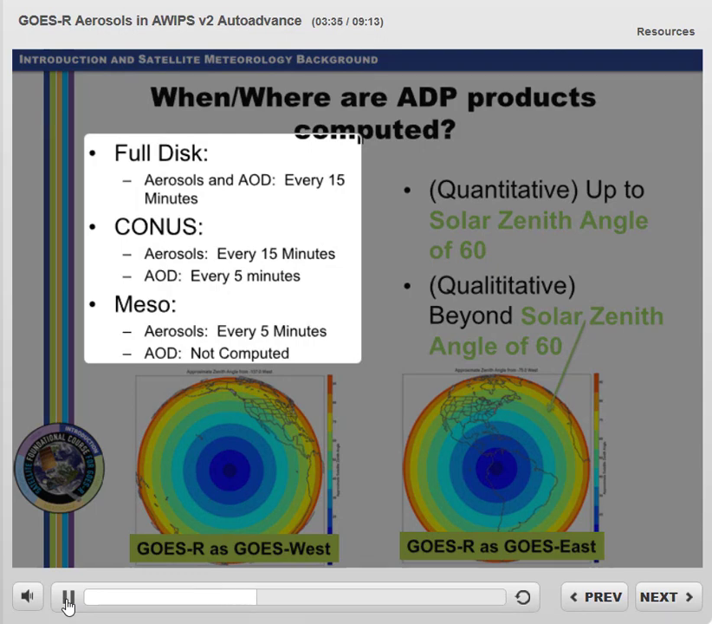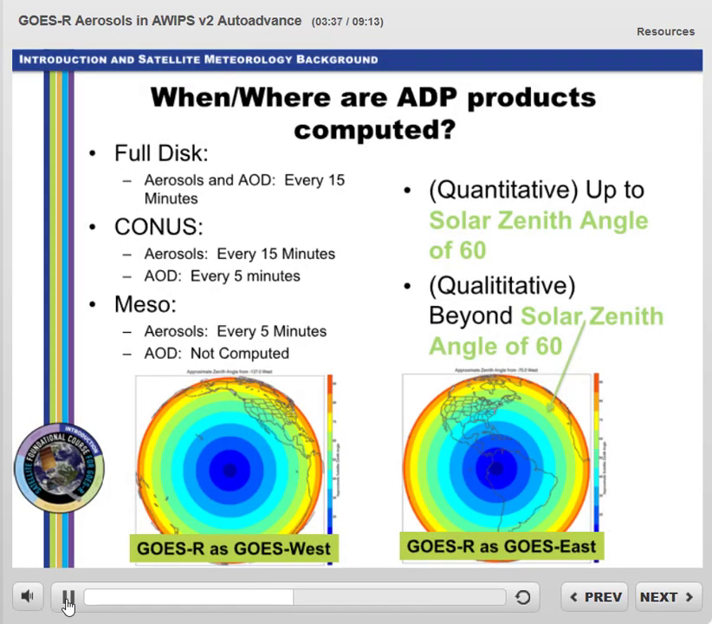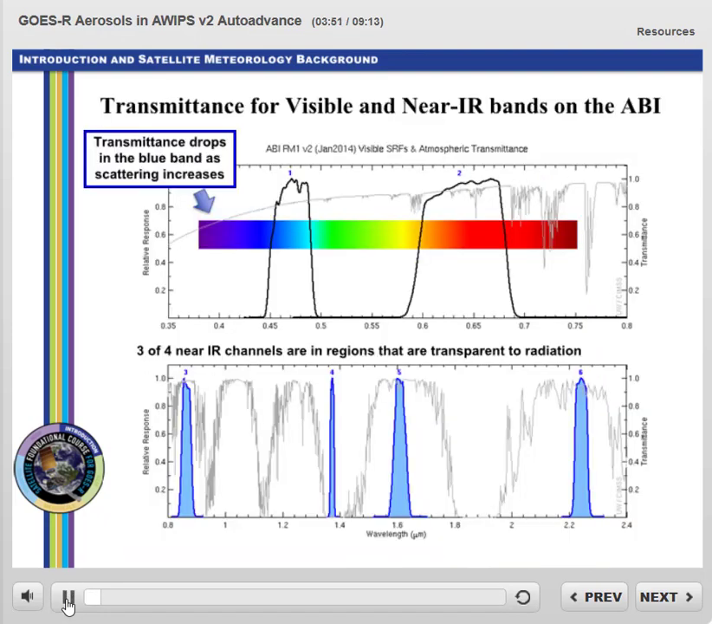Quantitative estimates are limited to solar zenith angles less than 60 degrees, the greenish band in the images of the GOES footprints. A forecaster should be more cautious in using products at high zenith angle, where the results are only qualitative, not quantitative. This figure shows the 2 visible and 4 near-infrared channels on ABI that are used to discern